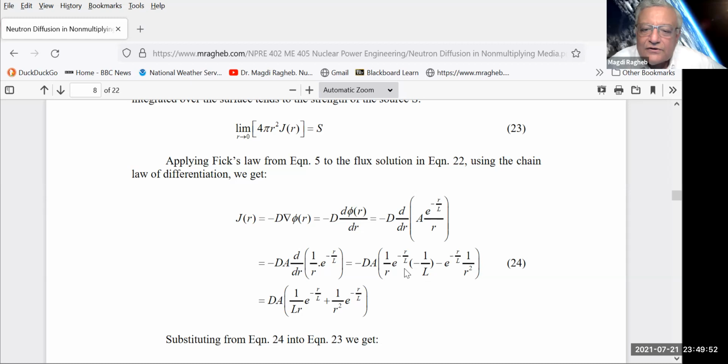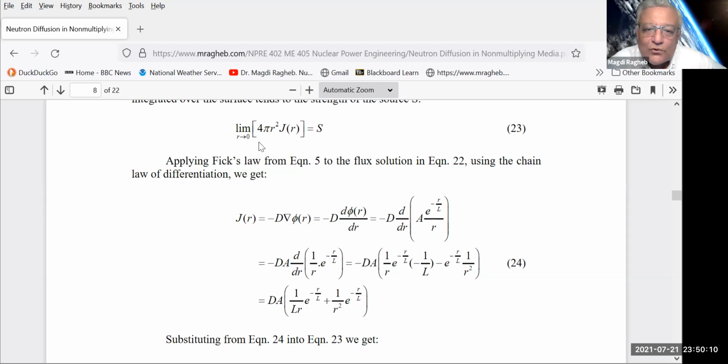We simplify the terms and you find that the minus sign comes out to be a plus sign for the current. And then you end up with 1 over LR, the negative exponential, and then another 1 over R squared, again the negative exponential. So now if we take the J of R here,